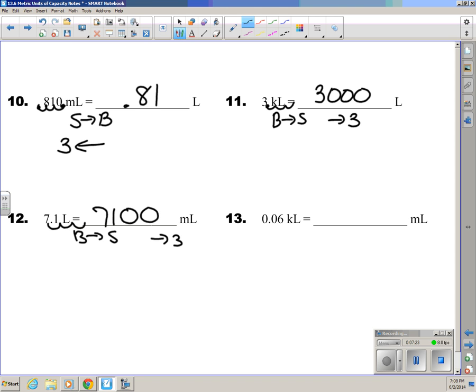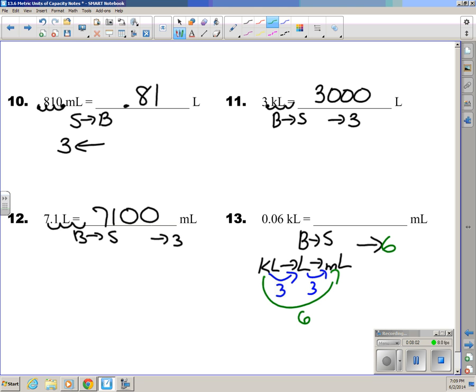7,100. Kiloliters to milliliters, that's big kiloliters to small milliliters. You have to move your decimal to the right. How many times do you think you need to move it to the right? Think about it. You're going from kiloliters to liters and then all the way to little milliliters. So if kiloliters to liters means you get to move the decimal 3 times, liters to milliliters means you also need to move it 3 times. If you're going from kiloliters all the way to milliliters, you're going to move that decimal 6 times to the right. 1, 2, 3,